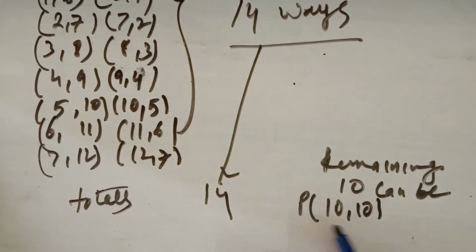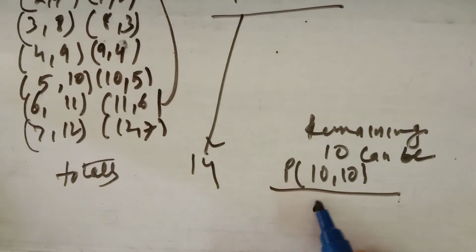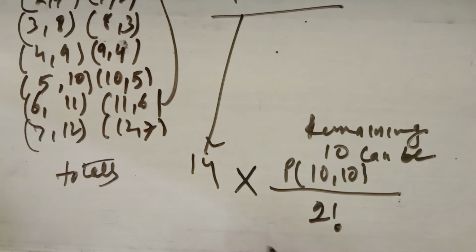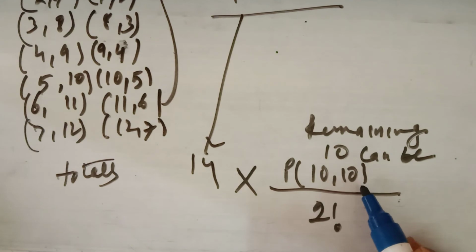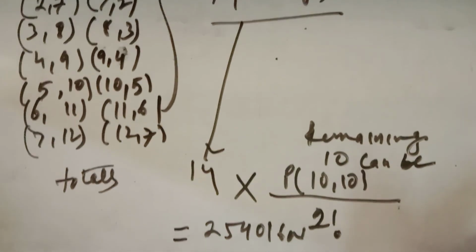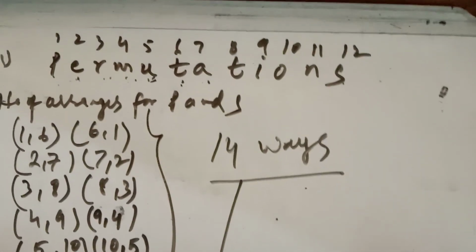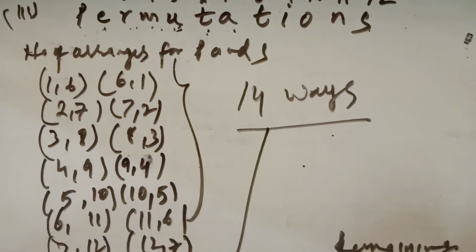In the remaining 10, if you see, T is repeating 2 times, so you have to divide it by factorial 2. So there are 14 ways to arrange P and S, and the remaining 10 alphabets can be arranged in permutation of 10, 10, in which T is repeating 2 times. So when you solve it, it will be 25401600. This is the total arrangements when there are always 4 alphabets between P and S. So this is the last question of the third exercise of permutation and combination. First we arrange P and S, after that the remaining.